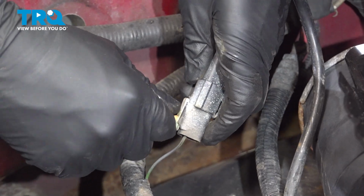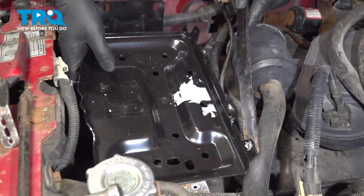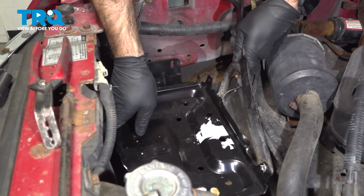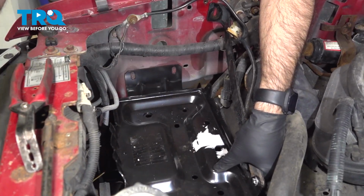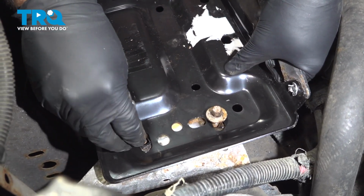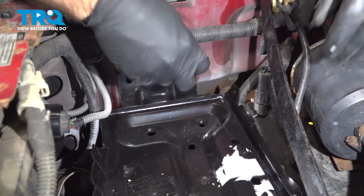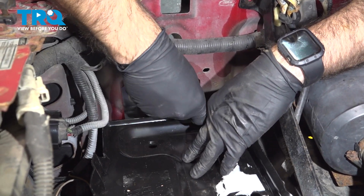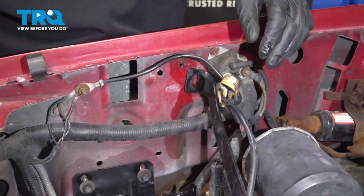All right, so the first thing we're going to do is reinstall our clip. And now we can take our battery tray, lower it down into place. And down the bottom we can start our 2 bolts. And then in our fender well, we'll do the same. And here up top,